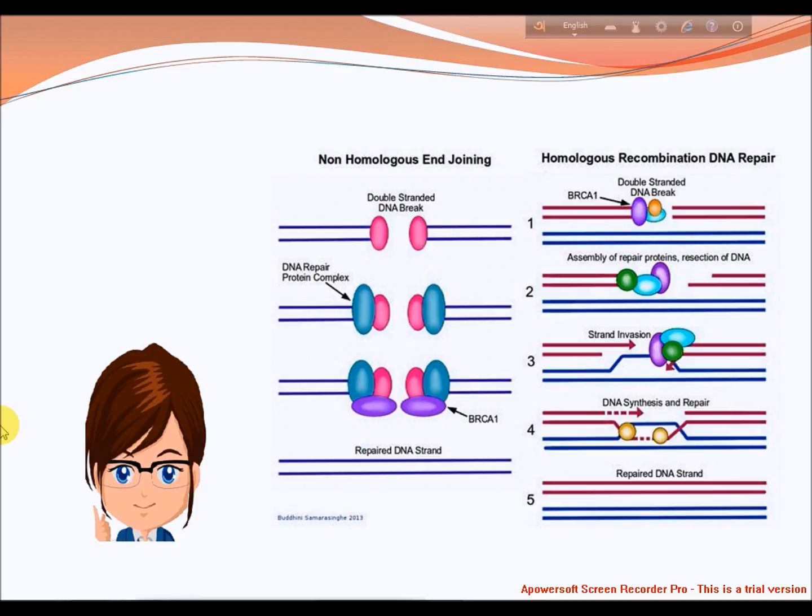Homologous recombination requires the presence of an identical or nearly identical sequence to be used as a template for repair of the break. The enzymatic machinery responsible for this repair process is nearly identical to the machinery responsible for chromosomal crossover during meiosis. This pathway allows a damaged chromosome to be repaired using a sister chromatid available in G2 after DNA replication, or a homologous chromosome as a template.